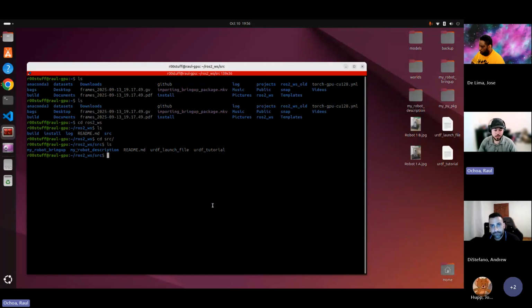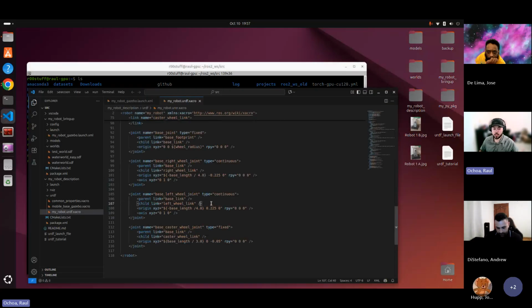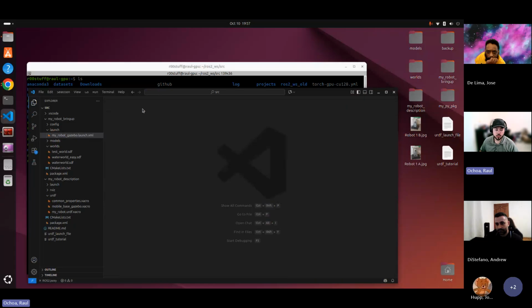Now, in here, inside the source directory, this is where we should probably launch Visual Studio Code or whatever code editor you use, so we can see the code that we're going to be working with. So in order to do that, from within the source folder, you can just type in code, space, and a dot. The dot just tells it to open up that application on that directory we're on right now. So when we do that, it will launch the application, and it should show you everything inside the source folder